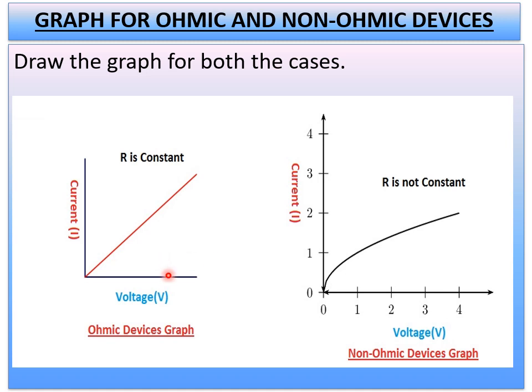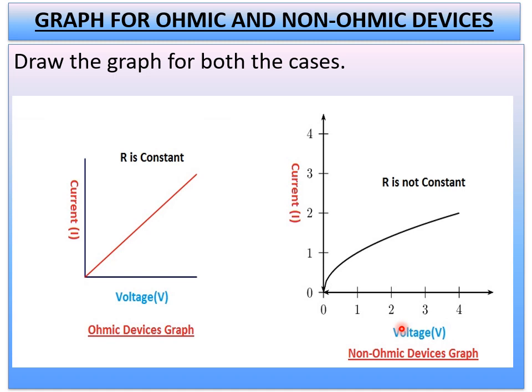Okay, when you plot a graph, what you observed, already I told that for the Manganin coil, we observe that V by I is constant. So that is why you get a graph, a straight line passing through the origin, which indicates V by I is constant at every place. When you observe the LED, V by I is not constant. So the graph is like this, a curve graph. At any point, you will not find the V by I ratio the same.